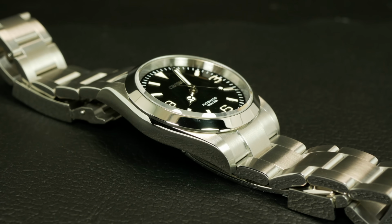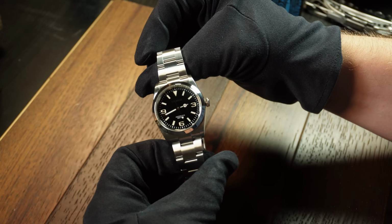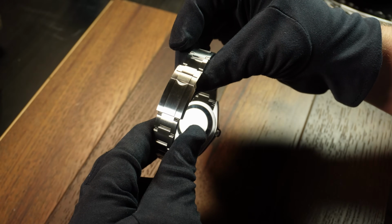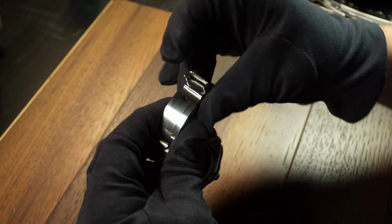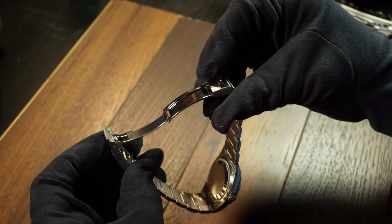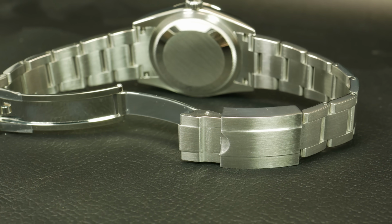The bracelet itself is great. It's an oyster style with solid links secured with screws. There's solid end links, a great taper going from 20 to 15, and a milled clasp. But since they were going for the whole 1-for-1, they went with this type of clasp. And I just found the edges to it rather sharp, and honestly it was unpleasant just to open it up